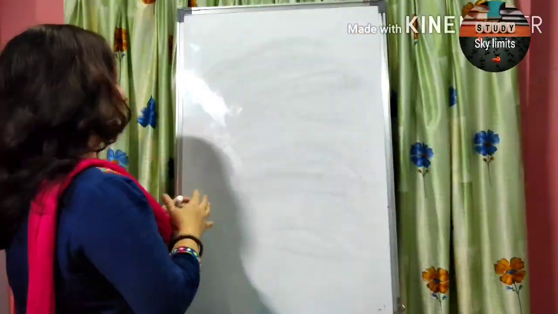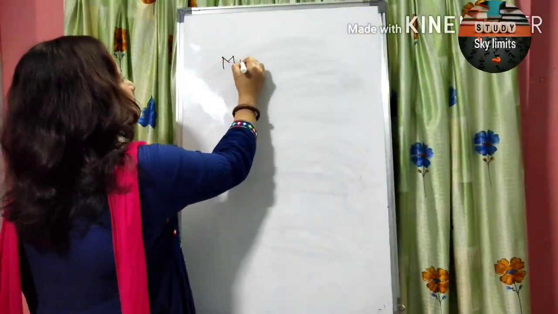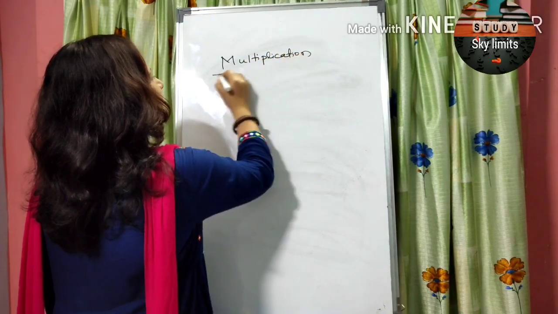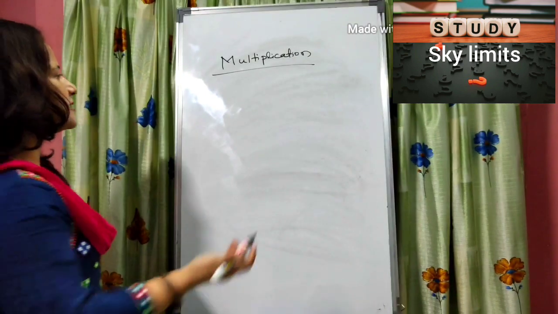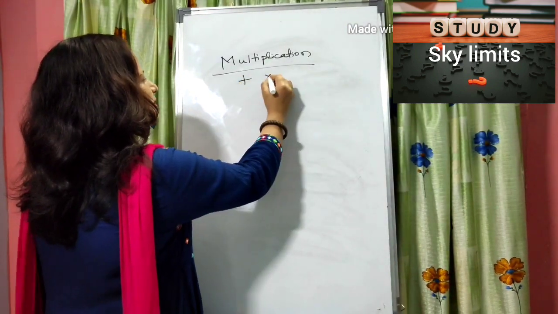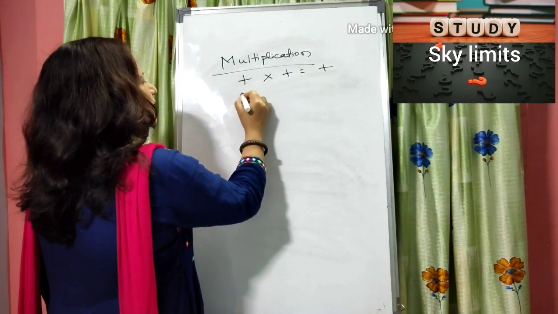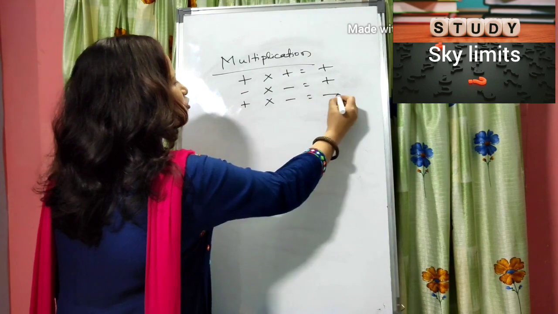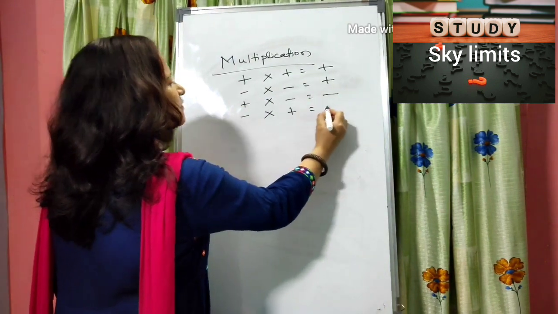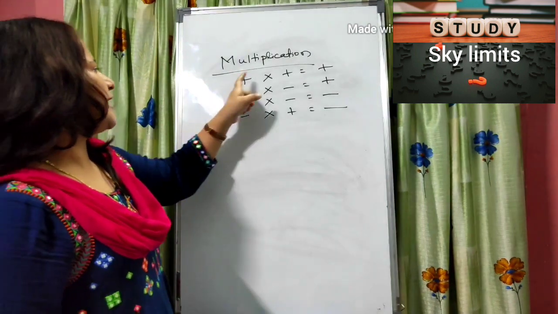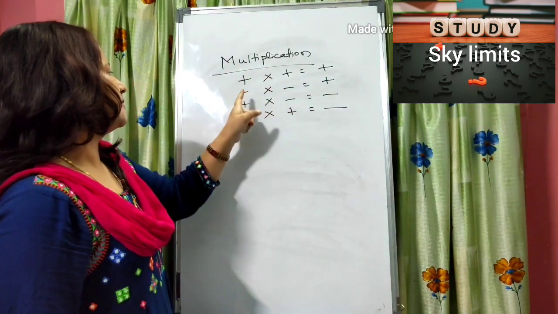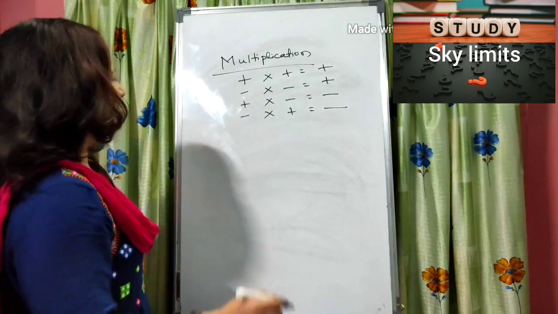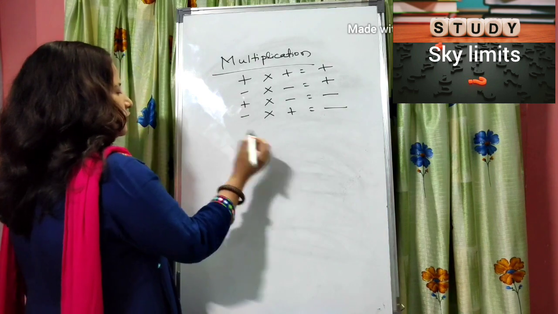So now, without wasting any time, let us come to the multiplication of integers. Right? For multiplication, we are following the same rule that I have explained to you in the sign rule. Plus multiplied to plus will give you a plus. Minus multiplied to minus will give you a plus. Plus multiplied to minus will give you a minus. Minus multiplied to plus will also give you a minus. Always remember, the same signs multiplied together will give the plus sign. Same sign, minus minus plus. But opposite sign will always give a minus.